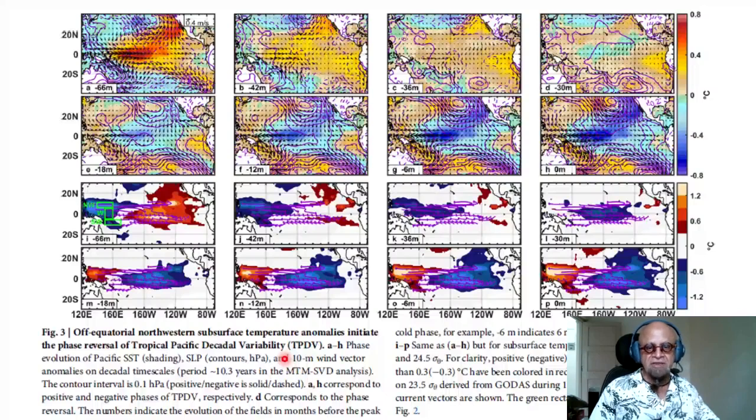So we are looking at the phase evolution of Pacific SST in the colors, sea level pressure in the contours that you can see on top of these, and 10-meter wind vector anomalies on decadal time scales. So the period is about 10.3 years in the MTM SVD analysis. The contour interval is something, etc. So here basically we are looking at the